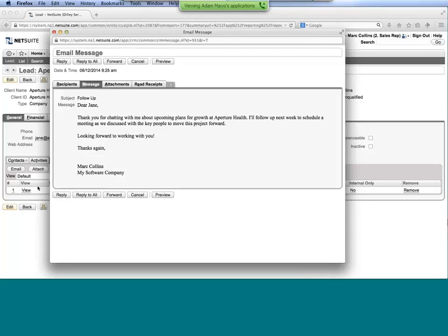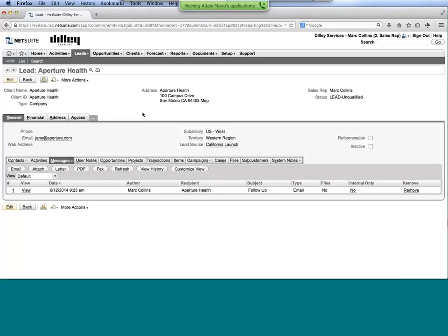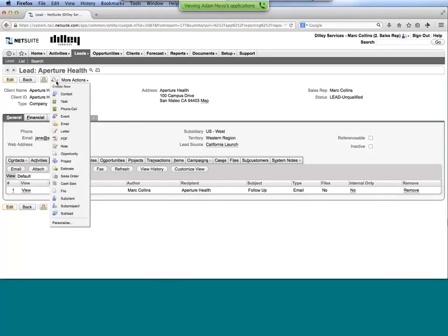So we're able to go in and have those types of things default in based off of a workflow engine that you can configure all through the front end to start automating some of those types of communications, as well as notifying other people within the company of things that they need to follow up on, that sort of thing. So from here, I'm going to go in and create a brand new opportunity for Aperture Health.